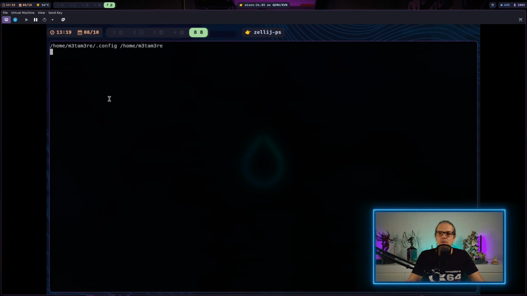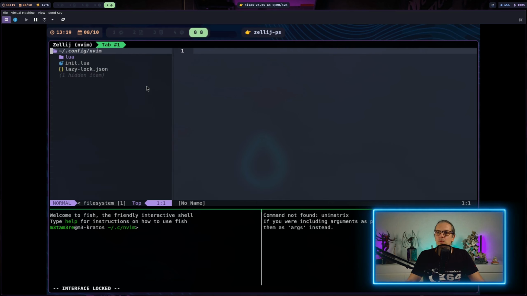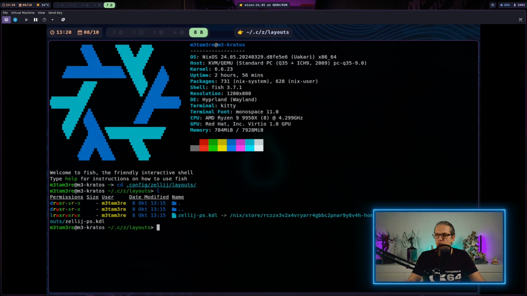So when I use the hotkey for my script, I can go into the NeoVim folder. And here you can see we have opened a Zellij layout, and up here we have NeoVim, which we can use normally. Down here we have a terminal, and this one does not work right now because Unimatrix is not installed on my virtual machine, but that's something we would just need to add to our packages. And when we have a look into our configuration folder, we cd into .config/zellij/layouts.